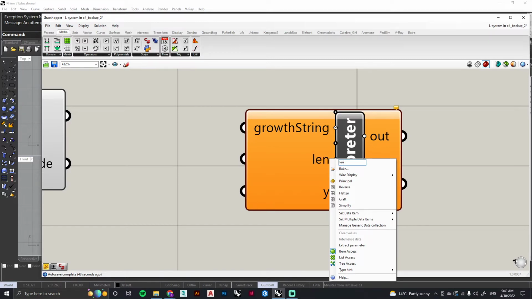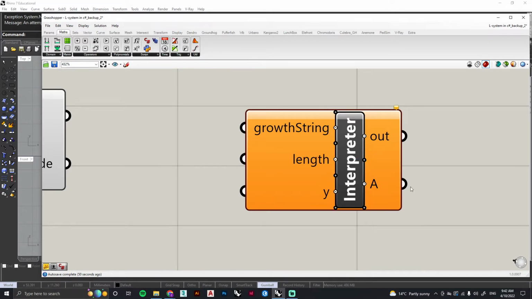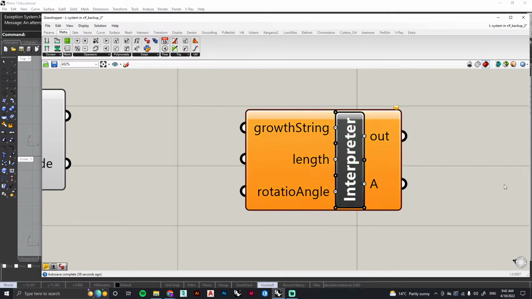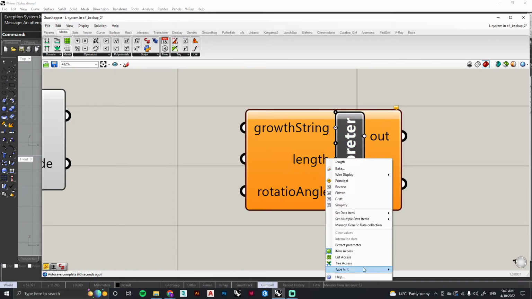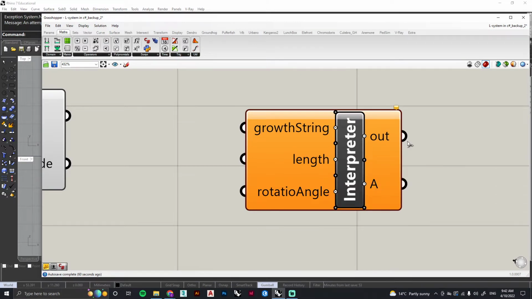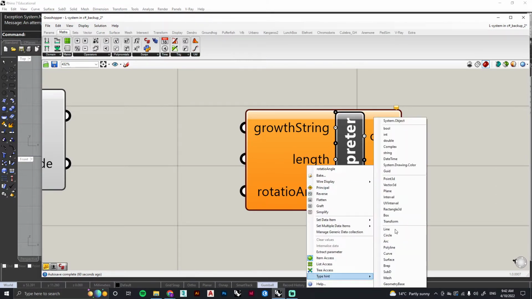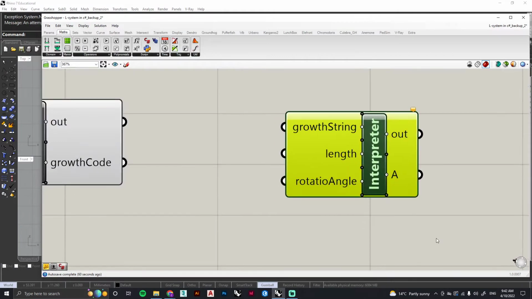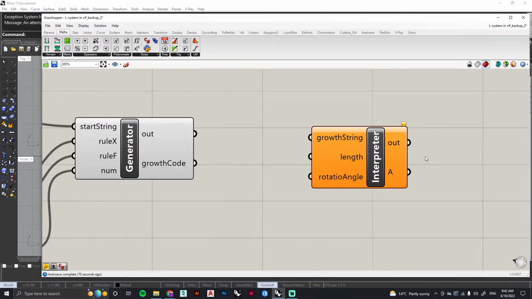is for the length of the branches. And we're also going to give ourselves a control for the rotation angle. These are going to be type double. And we can now jump into